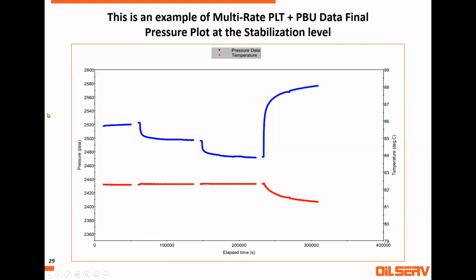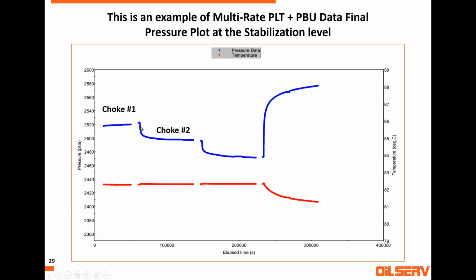Okay, so what's happening here? We put our tool at the stabilization level at the first choke. This is a multi-choke job. There is a gap here. The tool is now recording pressure versus time. Now the tool is stabilized, and the engineer starts running the tool, so he starts recording versus depth. So now we see a gap in the data because the tool is recording versus depth. Now back again to stabilization depth.